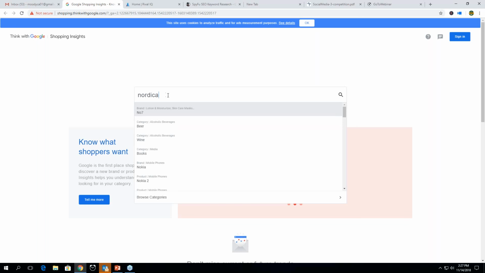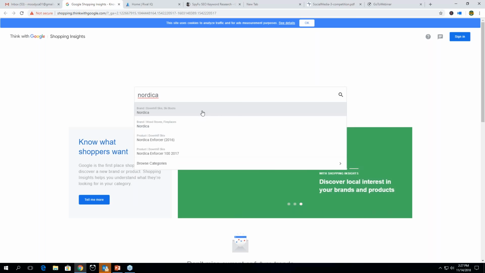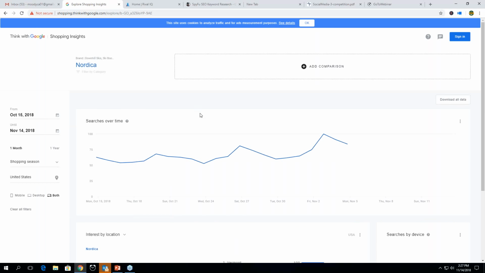Since I'm interested in skiing and biking and stuff, and we're going into winter, I'm searching for some new ski boots. I'm going to put in Nordica, but you can see here where we have different types of Nordica for these searches. I'm going to choose Nordica as a brand. And then the interesting thing is I scroll down,